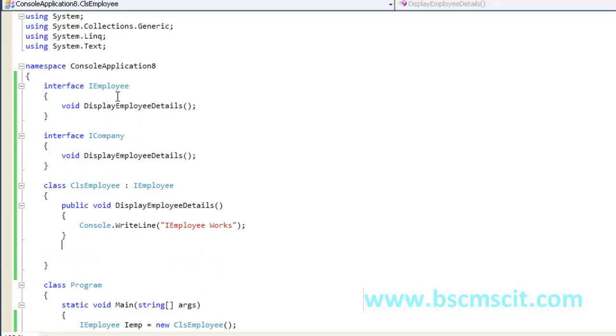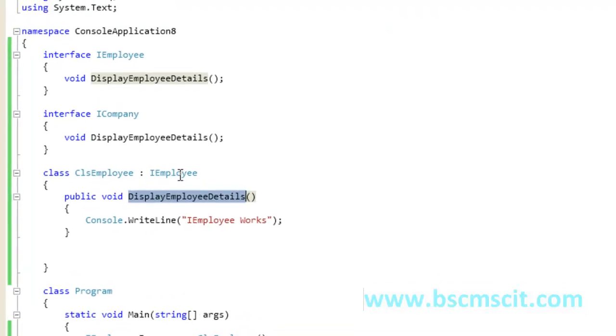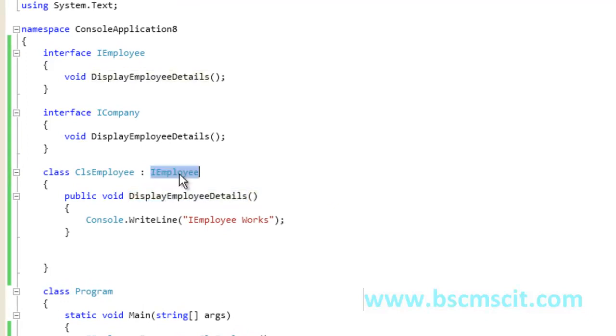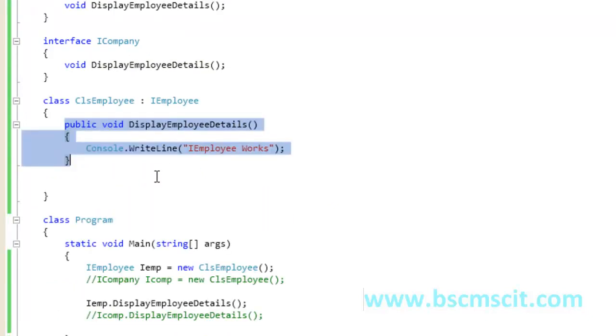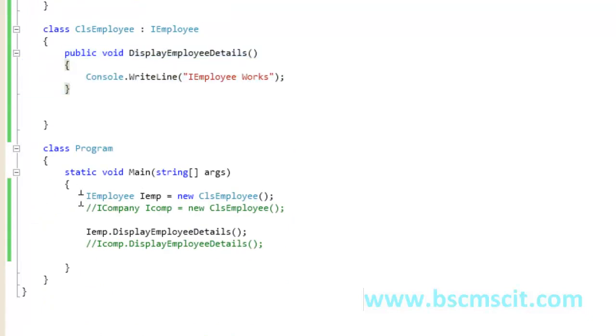pretty simple, you know. When you want to implement only a single interface, just implement the interface to the class and provide the implementation for that interface, like I did here, and use that interface object and call the signature, so it will work.